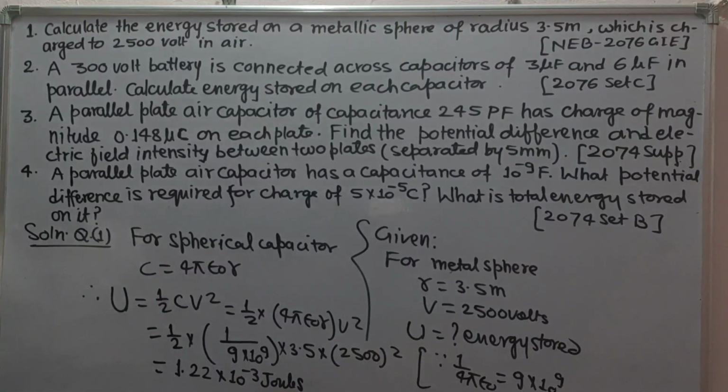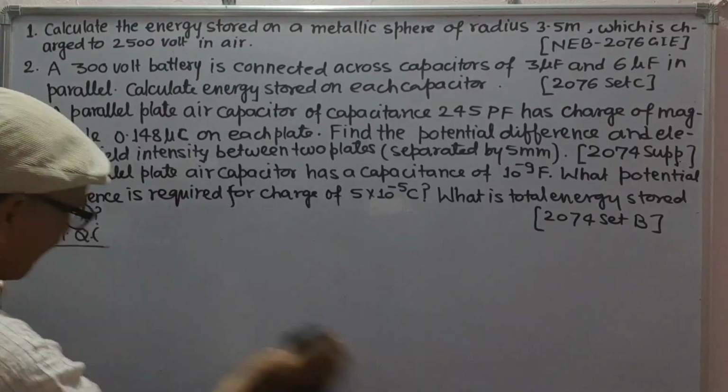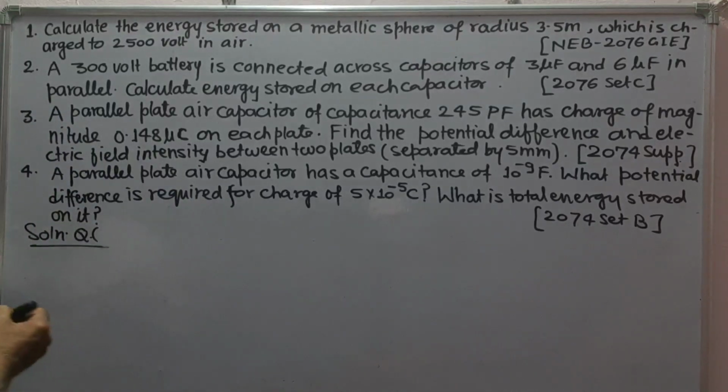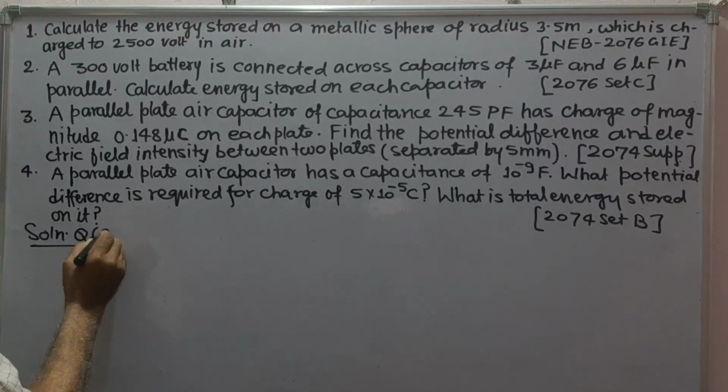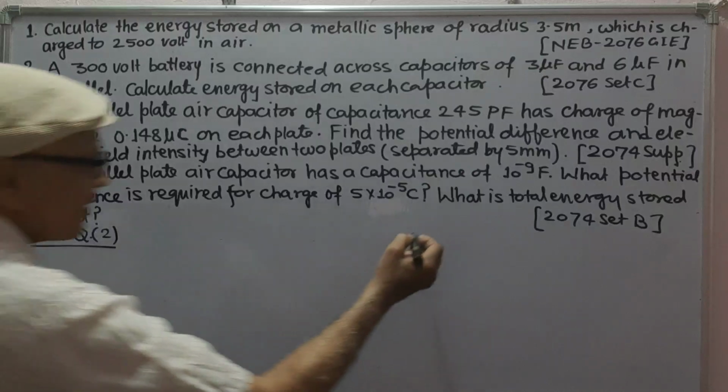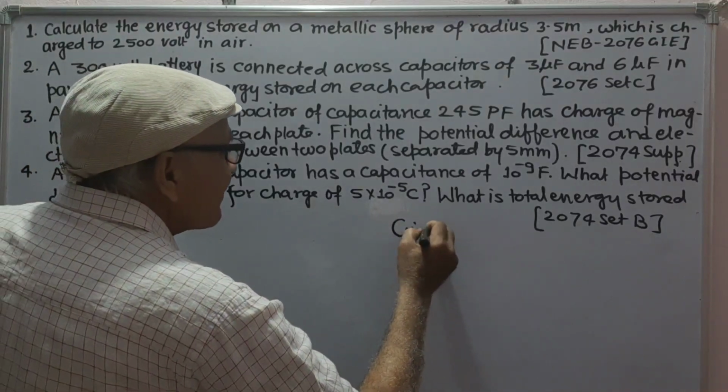Next, question number 2. The question is, a 300 volt battery is connected across capacitors of 3 microfarad and 6 microfarad in parallel. Calculate energy stored on each capacitor. Solution to question 2. Here, given: